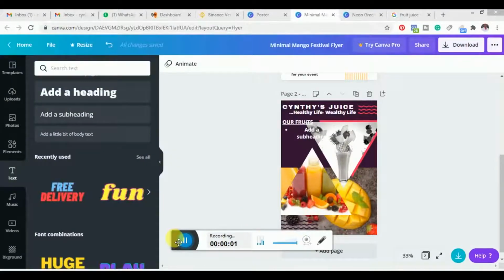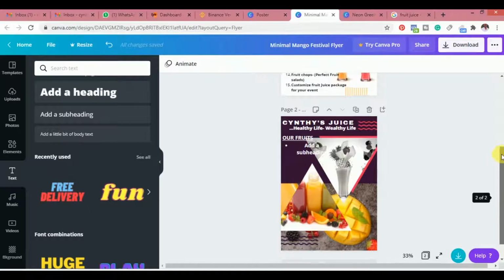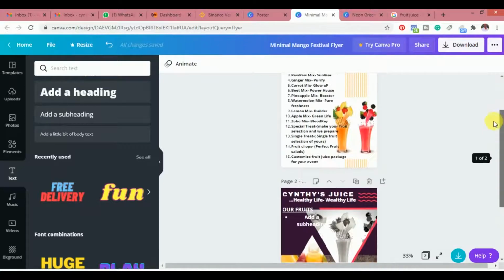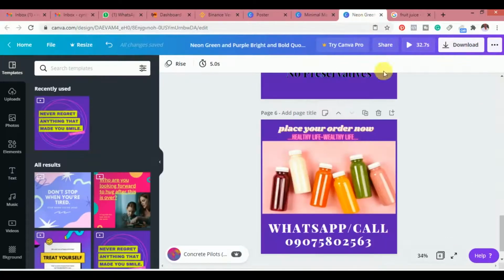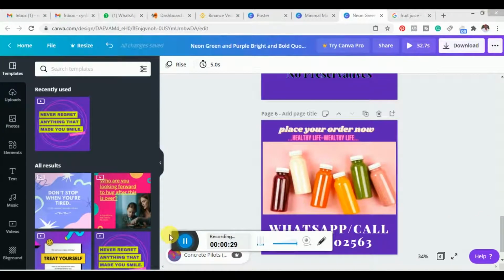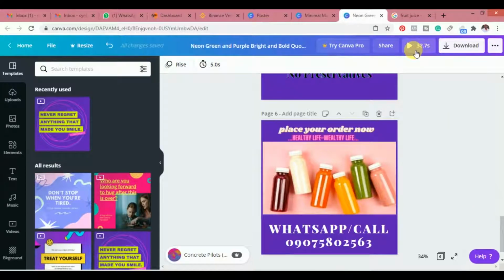Alright guys, so as you can see, I've already begun with a particular template that I'm working with right here. You are going to follow me in the process of how I'm going to be doing it. This is one that I've already done, and this is the second one that I'm doing. And if you check here, you see some amazing animation that I already did. It's really cool. Alright, if you press the play button,